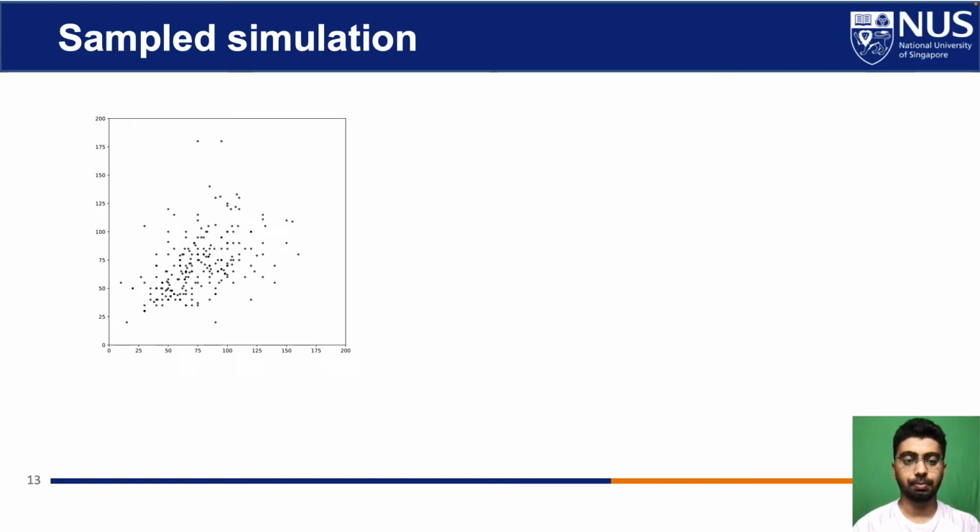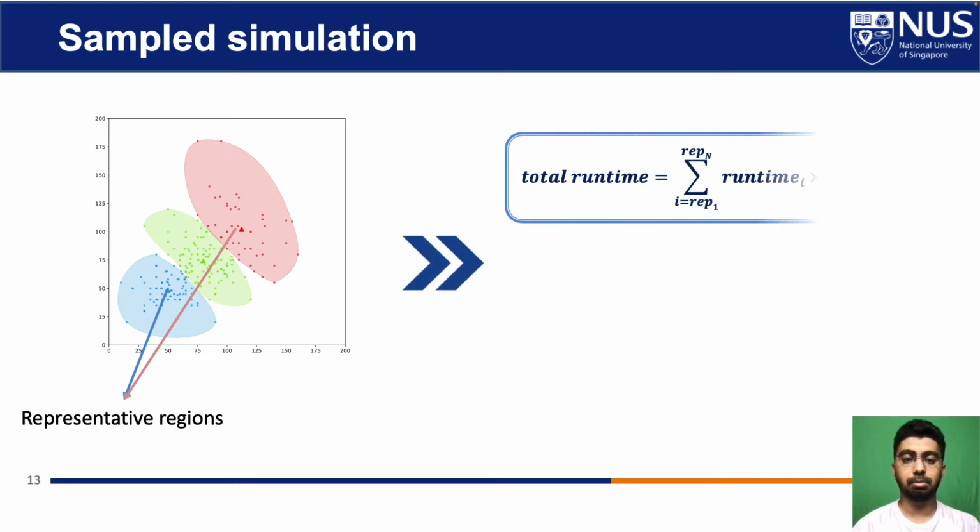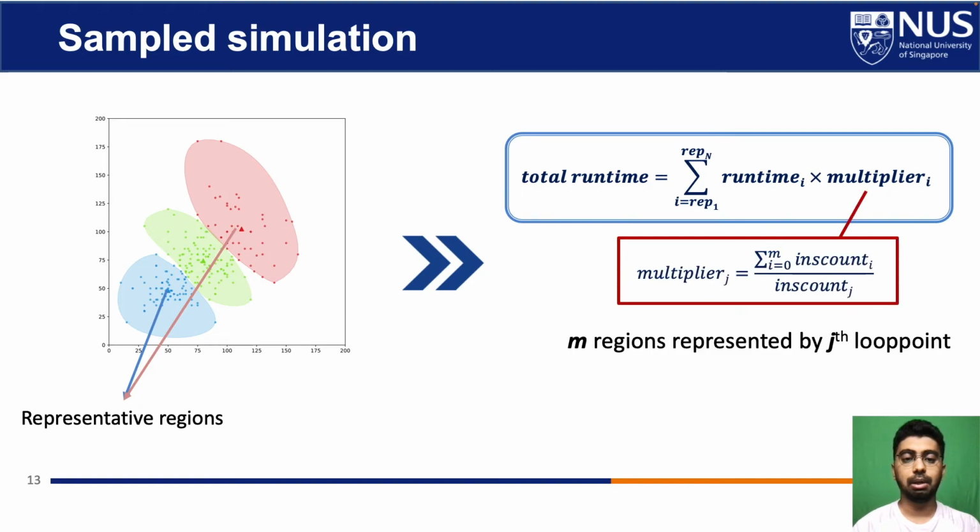From the previous stage, we have a set of global BBVs representing the execution of the whole application. We identify similar BBVs and cluster them using k-means clustering. The vector which is the closest to the centroid of each cluster is taken as the representative of the cluster. The identified representative regions are simulated in parallel using a simulator like Sniper. The whole application performance can be extrapolated by taking the weighted average performance of the representative regions. The multiplier of a representative region is determined by the number of regions that belong to that cluster.